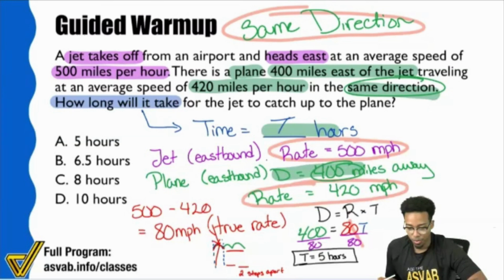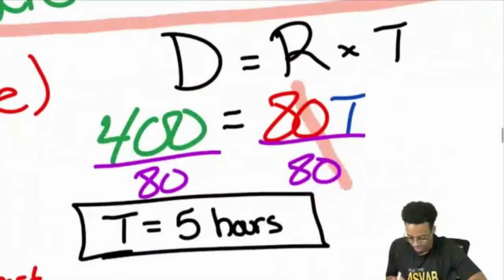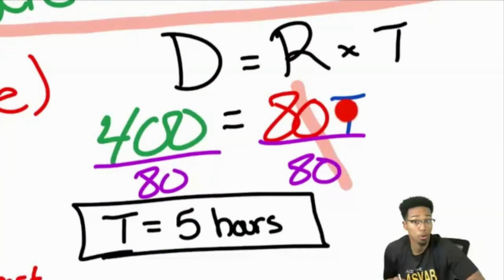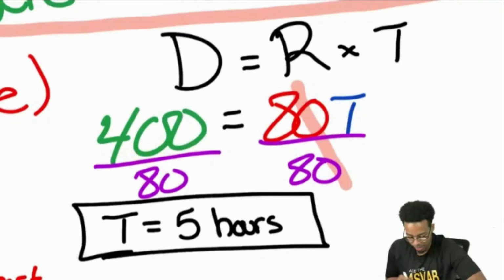So with that said, let's go ahead. The reason we didn't multiply was because we didn't know what T was. So we're looking for T. In 80T, we technically are multiplying 80 times T. To get the answer, you have to divide and do the opposite on both sides to get rid of the 80. Yeah, you have to divide by the 80.